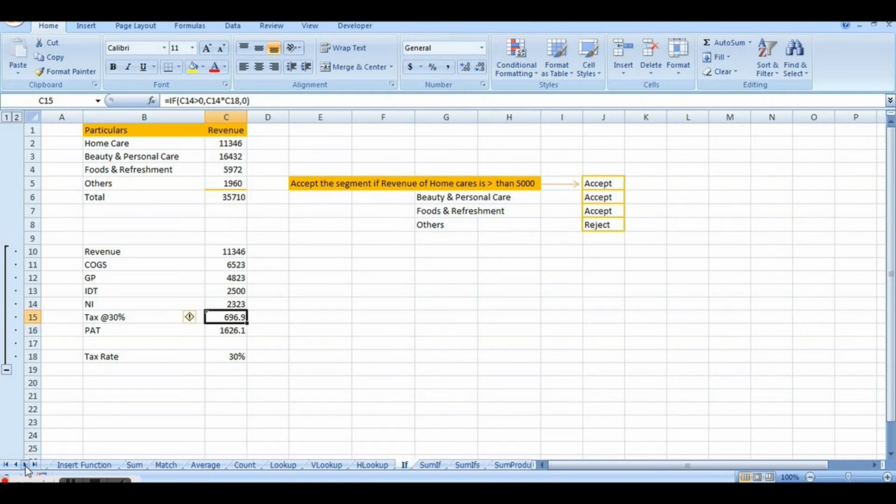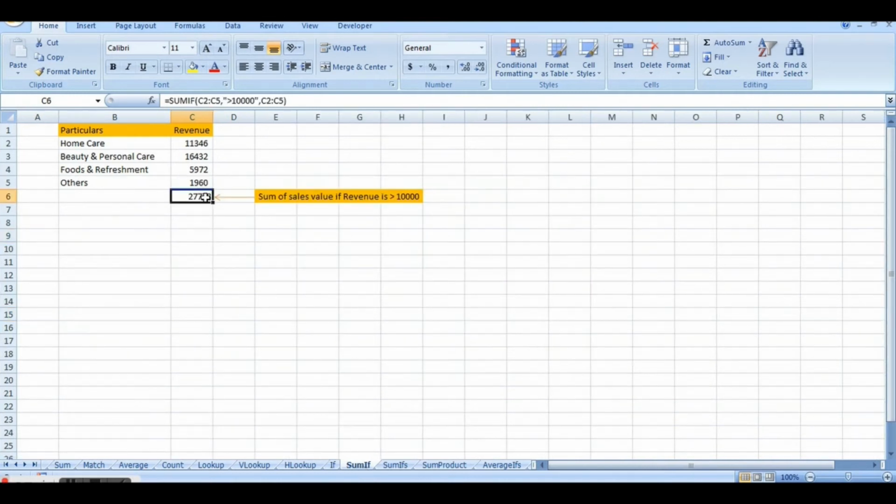Now this is not the only logical function that we are going to study. There are extensions of the IF function like SUMIF, and so on. We'll see those one by one. SUMIF function. Now we know SUM means making a total, or addition, of the values required to be added. IF means the condition is satisfied. SUMIF means make the total only if the condition is satisfied. So in this case, what is the condition? Sum of sales values if revenue is above 10,000, meaning only make a sum of values whose revenue is above 10,000. We'll use it now.